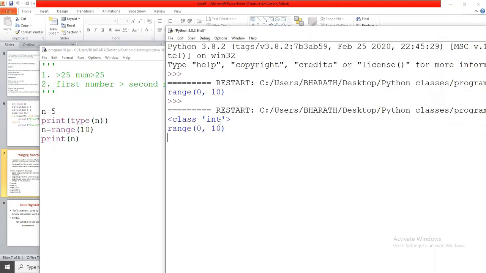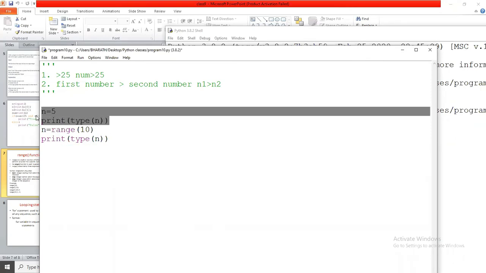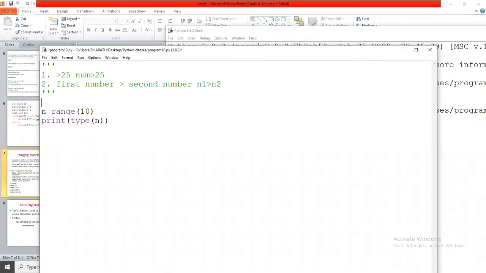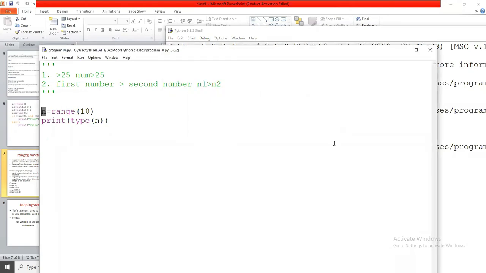It prints integer. It is an integer type. If I give n equals range of 10 and print type of n, now what is the expected output? It prints range as output. So there is a class range, like integer. So the type of this n is range. Okay. Now we try to execute the different programs.